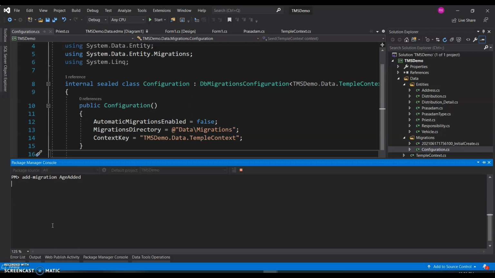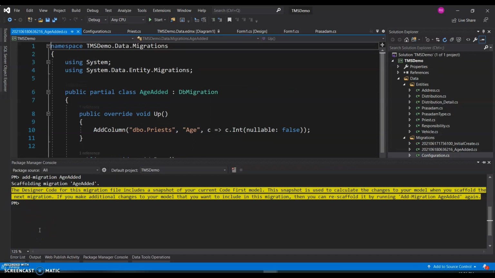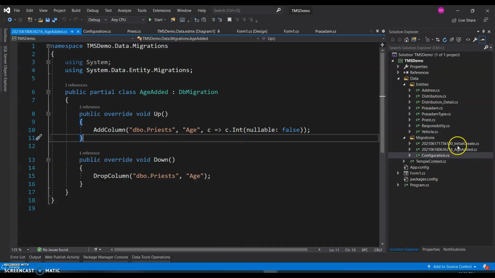So now it will add a migration for our database. Let's wait for it to be done. Once it is done, we should see the package manager console. Yeah, it's back. Now if you have any errors or if there is any data loss possible, you will get the suitable messages, but more often than not you will have no issues here. In case there are any issues with creating an automated migration, you can go and customize this. Anyway, we will not be discussing those because they are very unlikely situations. So let's come here. So this was the new file added. You see here, age added. So everything in C# is object oriented, right?